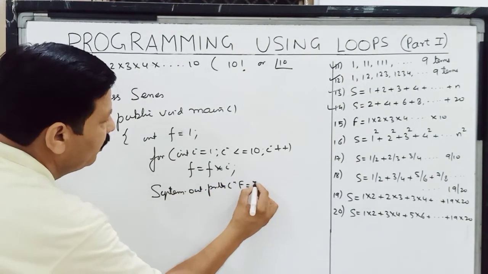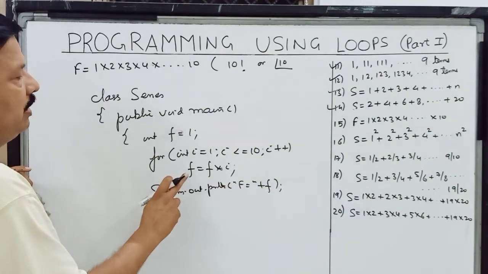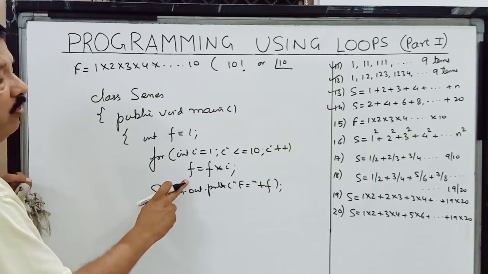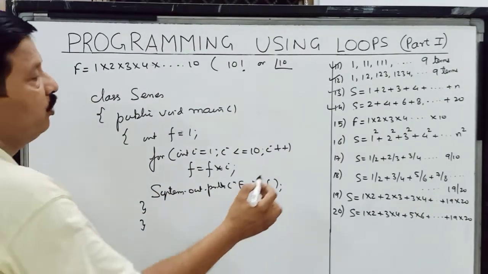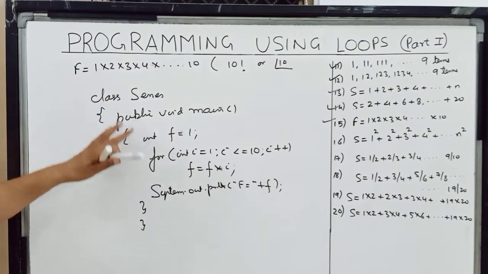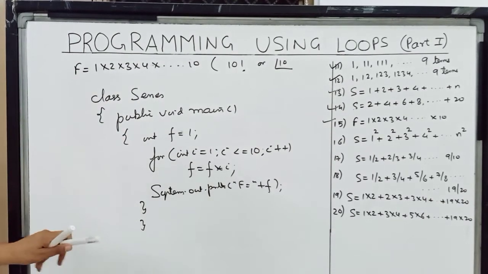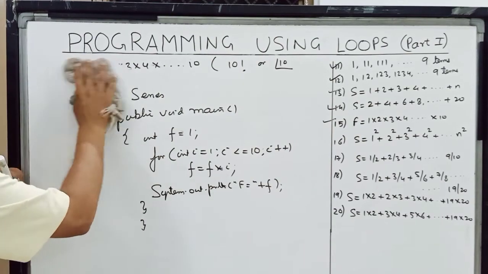So factorial is equal to f. Here I have taken a capital F, and the value I have calculated is in small f. So I hope this is clear. So this question we have done. Now we have another sum where it is asking us to find out. Please copy down this question, and you can pause the video and copy down this question.